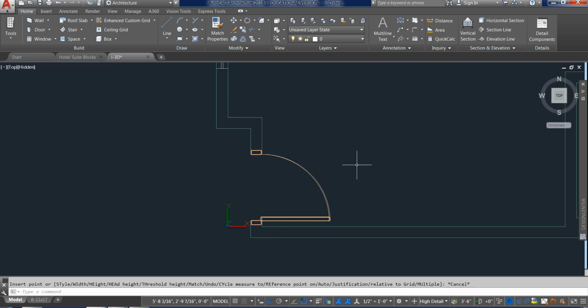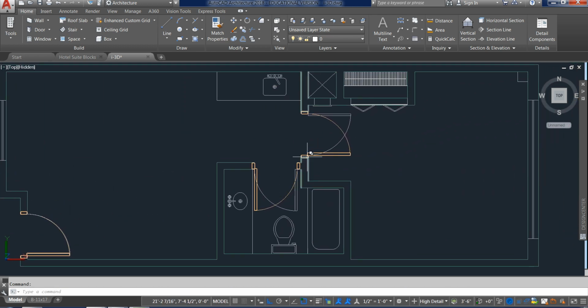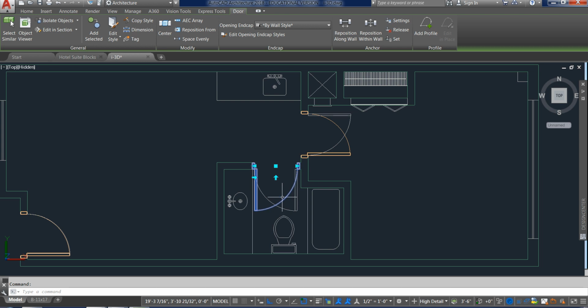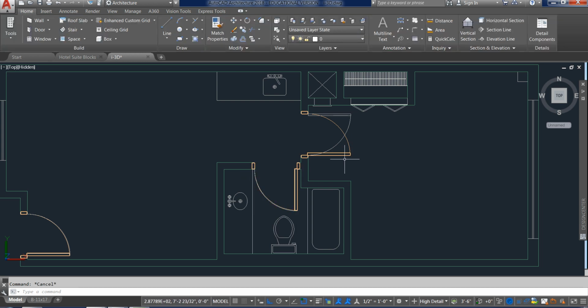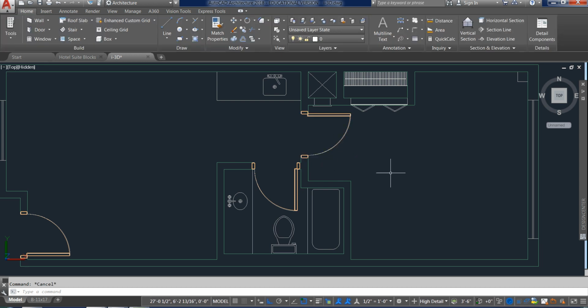And then hit escape when you're done, or it will want to keep placing doors. The front door came in perfectly. These two, however, need to be flipped. So I just want to select it with a left click, and then come in and left click to flip, and hit escape when you're done. Select this one, left click to flip, and escape when you're done.